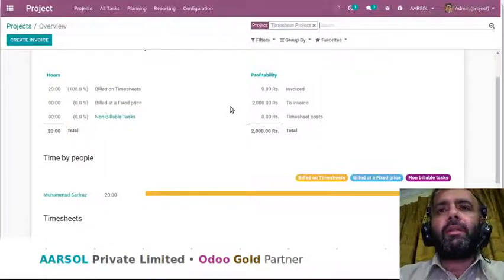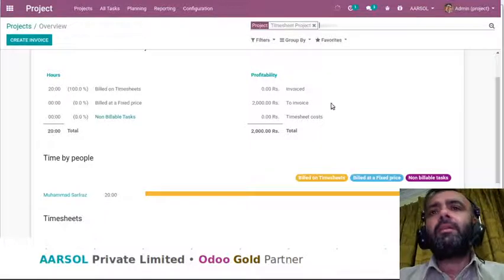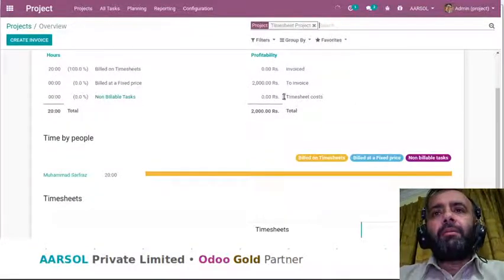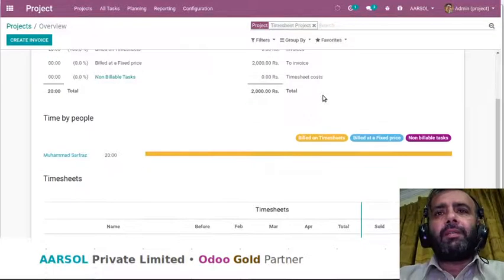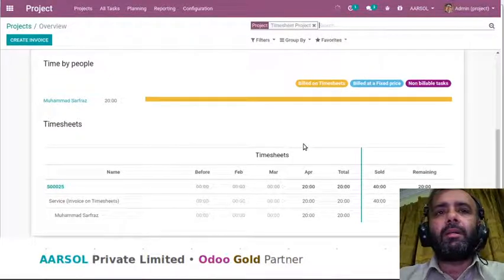On the right side we can see that we have not yet generated the invoice, and the amount to invoice is 2000. Why 2000? Because there are 20 hours and the per hour cost of that product was 100, so 20 multiplied by 100 is 2000, that is yet to be invoiced. The timesheet cost is 0. Why is this 0? We have to check. For Mr. Sarfraz, he has used 20 hours, and all these hours are billed on timesheet. You can check the color, and if we go to the bottom of this,